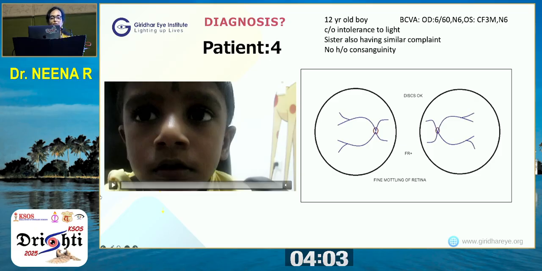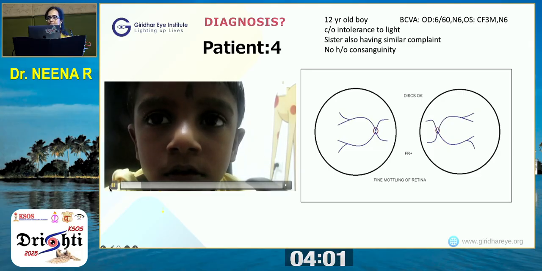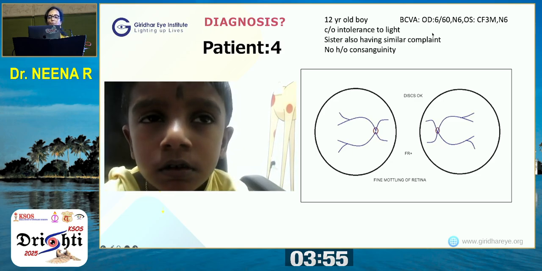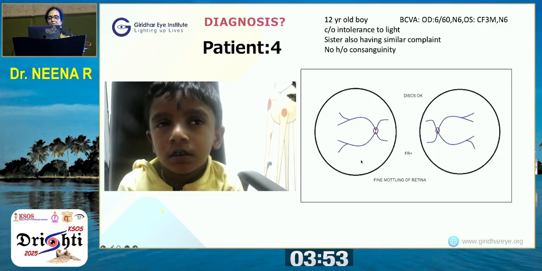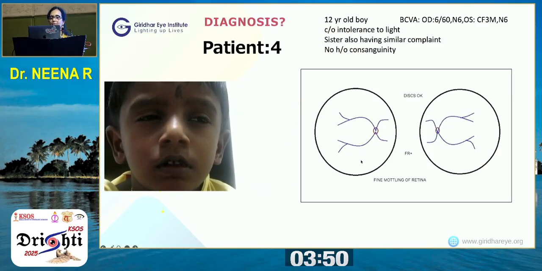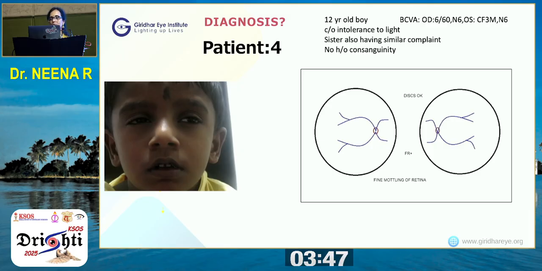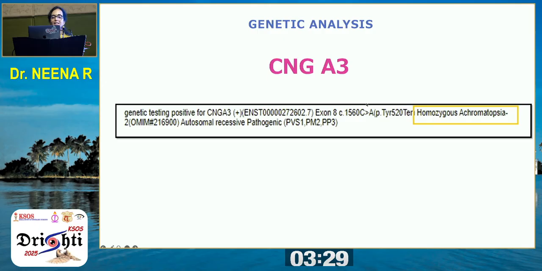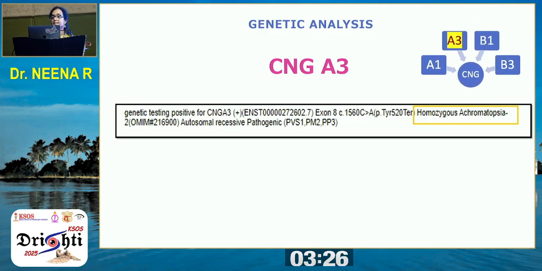This patient, you can see the video, squeezes in daylight. He has poor vision, he has hemeralopia or day vision difficulty, nystagmus, and poor vision. Fundus looks almost normal except for some suspicious mottling. What is he having? Poor color vision. So the basic problem is something to do with fine vision, which is mediated by cones. And that's when we did the ERG, and you can see that the light adapted responses are flat, isn't it? But the dark adapted responses are pretty good. So is this a problem of cone dysfunction? That's when we did the genetic testing and it came out strongly positive for homozygous achromatopsia,